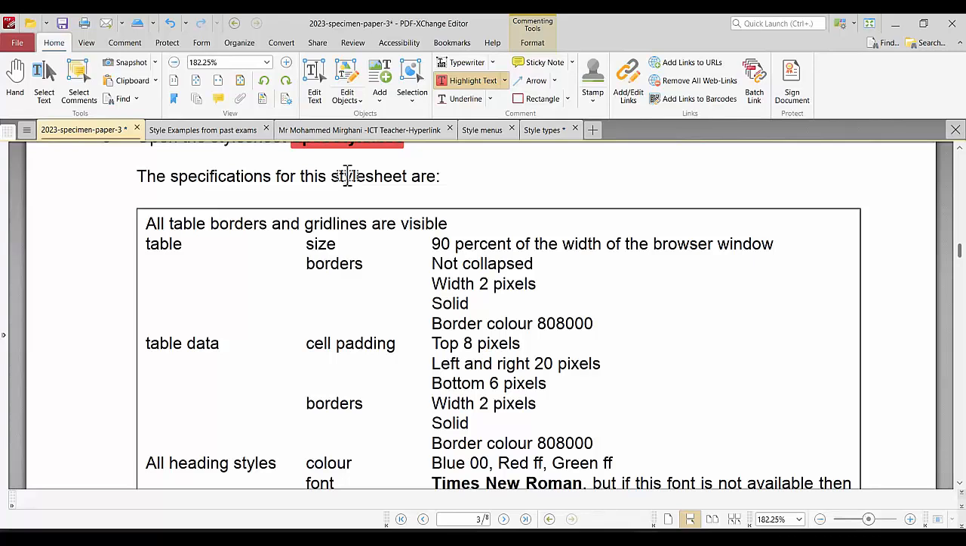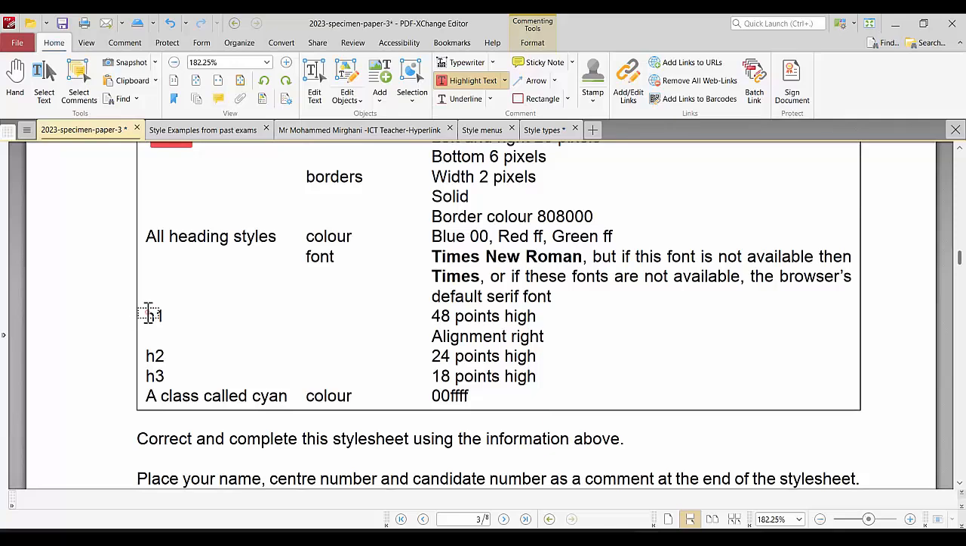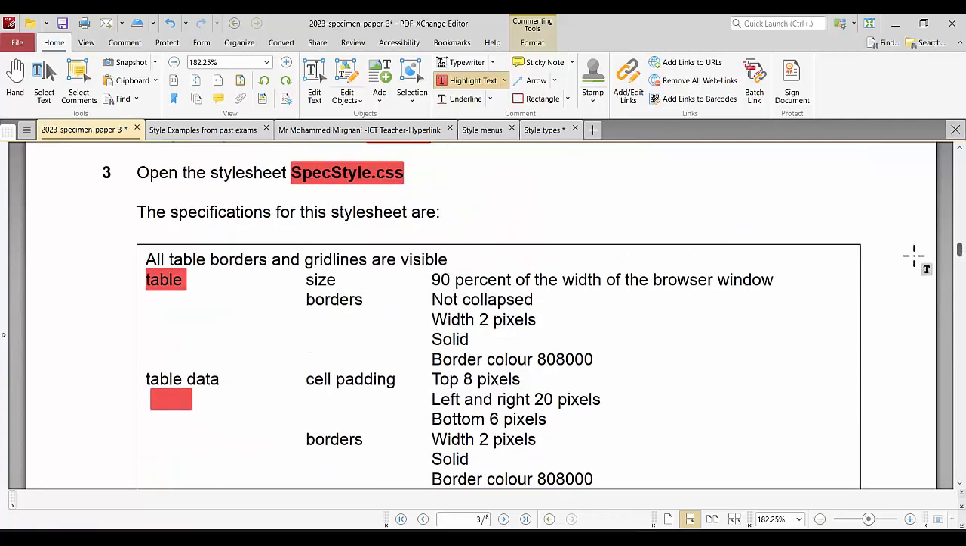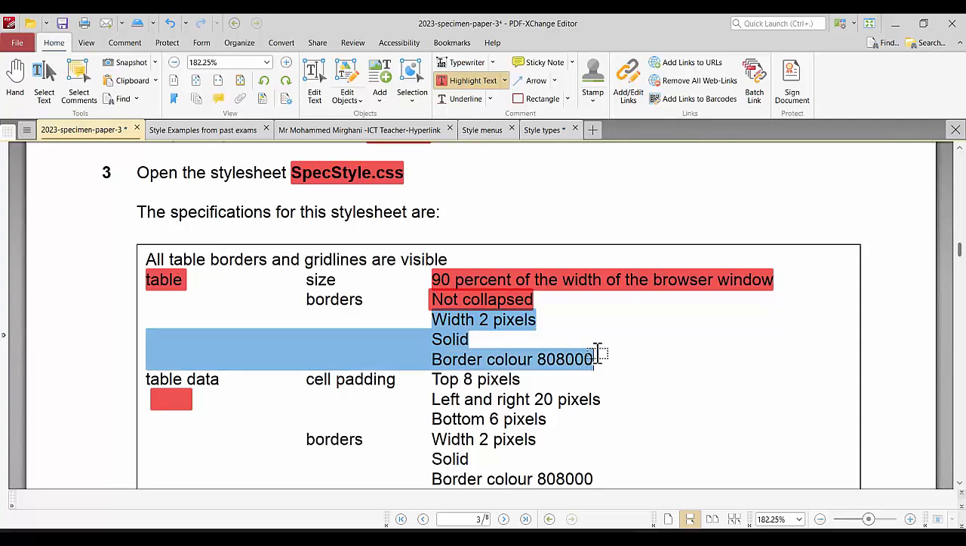The specifications for this style are: we have the style for table and TD for the data table, and also the headings, of course H1, H2, and H3, and H4, H5, and H6, but those do not need any defining. So I'm going to start with the table. The table size is 90% of the width of the browser window, and the border is not collapsed. The border width is 2 pixels and solid, and has the color code of